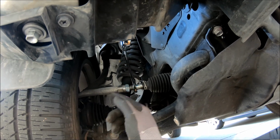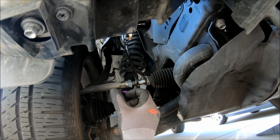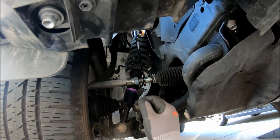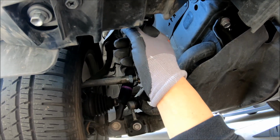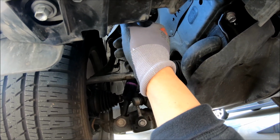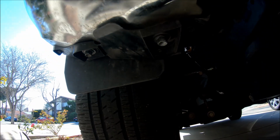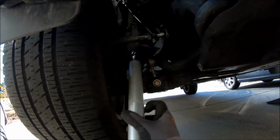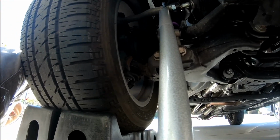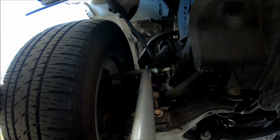So on this side, passenger side, I'm gonna have to extend this rod, make it longer, which means I'm gonna have to loosen it up, turning this guy counterclockwise, quarter turn only. So it's sitting straight like that now, so it's gonna come down to about here. Oops. I need to lock this guy up, make sure it doesn't turn. And this guy. Okay,